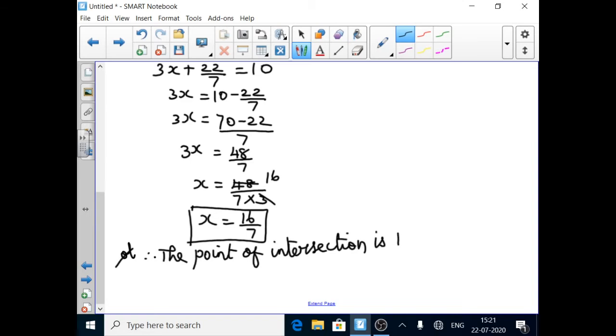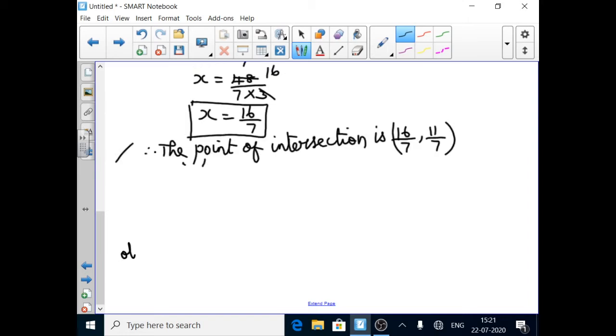Minus 16 by 7 comma 11 by 7. 16 by 7 comma 11 by 7. That is, here they ask: it is perpendicular to the line. So the equation of the line perpendicular to the line